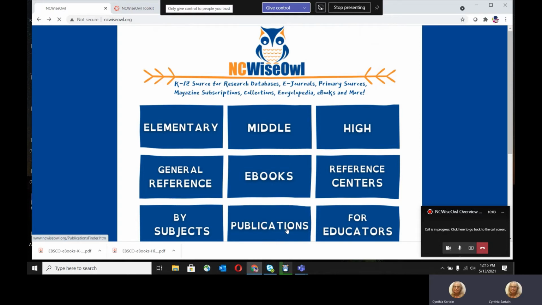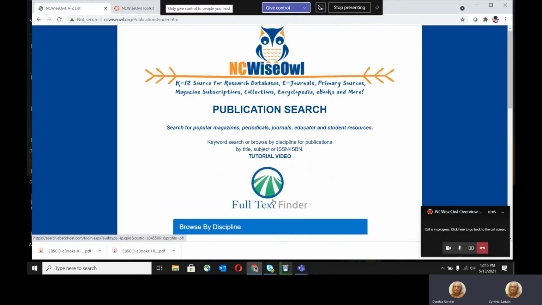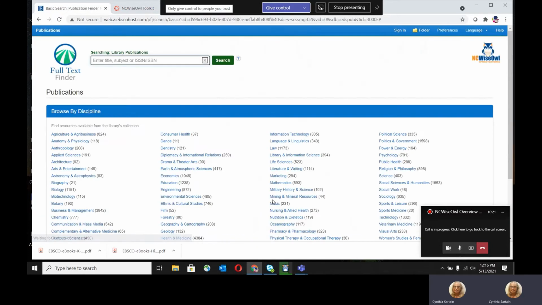And then publications. This is a database that can help us look at different periodicals. So let's just go ahead and get started looking at the publications. If you want to go ahead and go here and look, I'm going to show you how this works by looking for a very popular